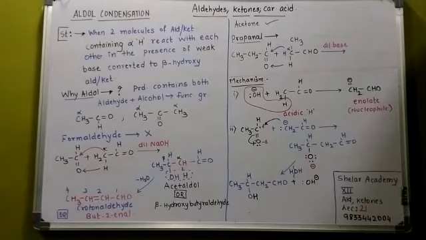Now, what is the mechanism of the reaction? See, the very first step, the reaction is in the presence of a base. So I have written OH minus. The reaction is given by the compounds which contain the hydrogen which is acidic in nature. We say it is alpha hydrogen. So what is the intermediate which is formed in the reaction? That is called an enolate ion that acts as a nucleophile.